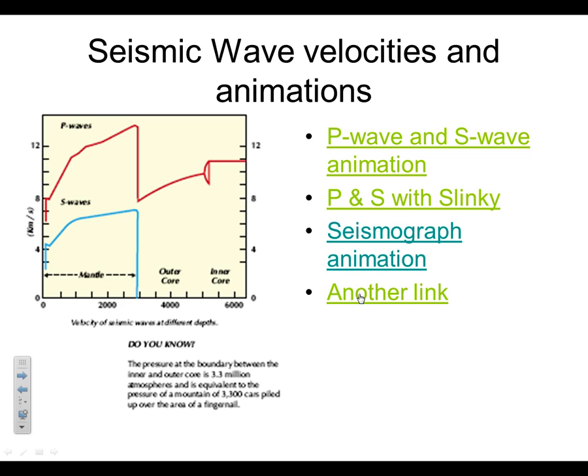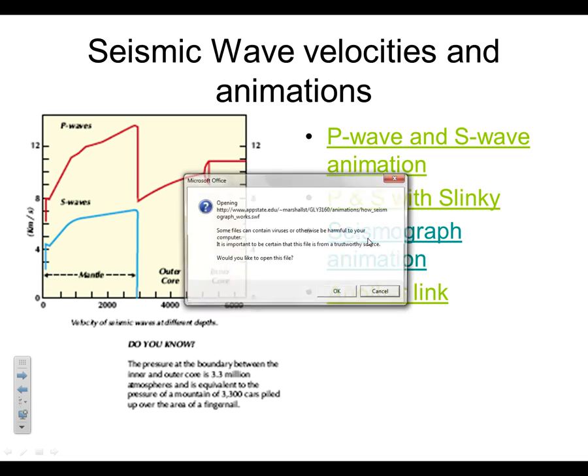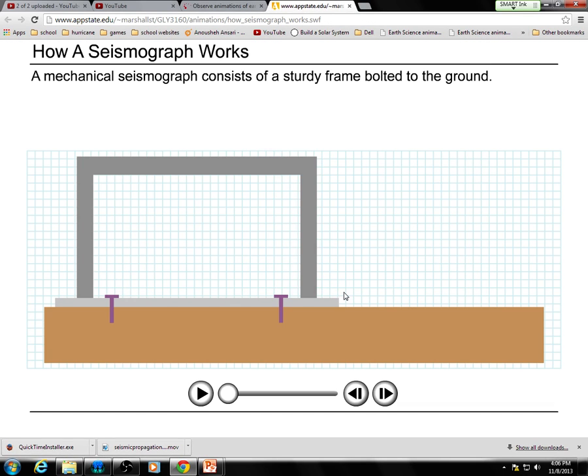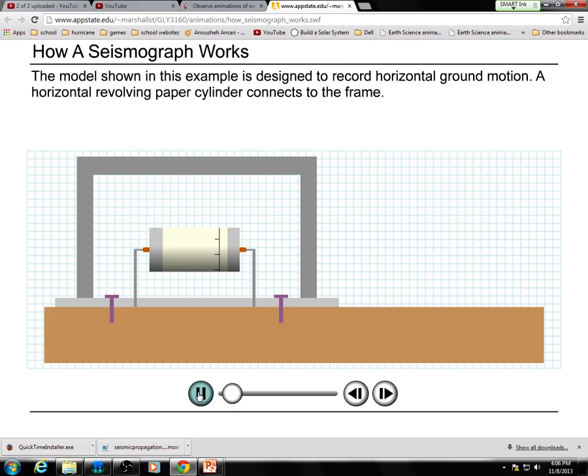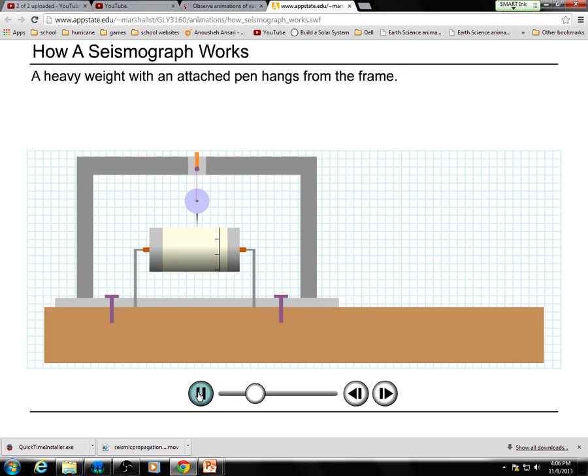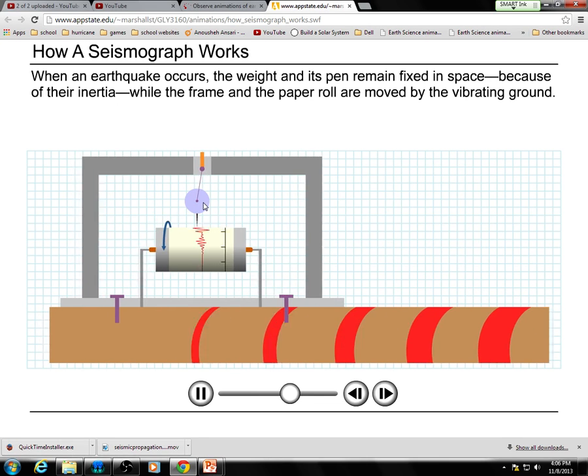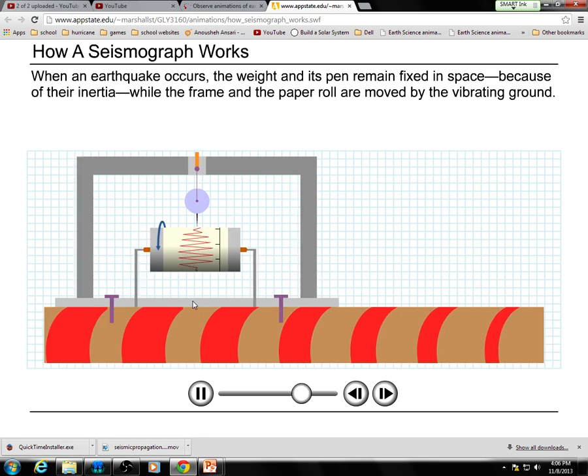Then the last animation I want to show you for this, and we're going to actually look at this again when we get to seismographs, but I think it's important to look at it now too, to show you again the P waves and S waves, because we're going to start looking at seismograms to identify them. A seismogram is just an instrument that measures and records earthquakes. Like I said, we'll take notes on them later. Basically, you have a piece of paper on a spinning drum, and you get it spinning, you have a marker on top with the weight, the earthquake shakes.